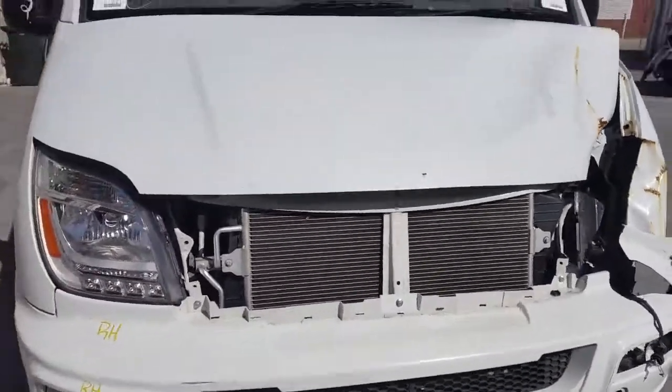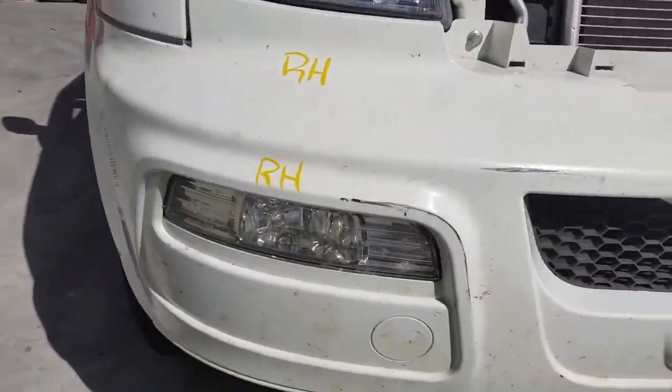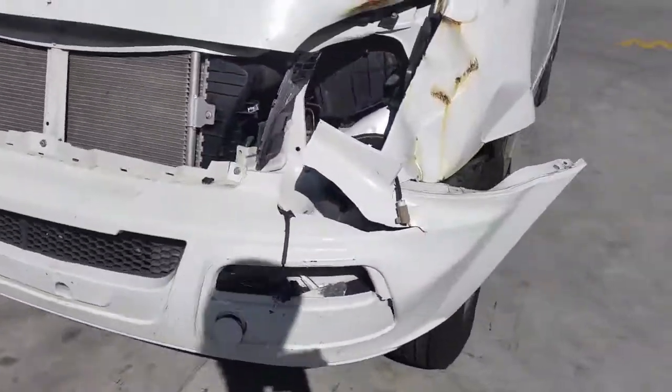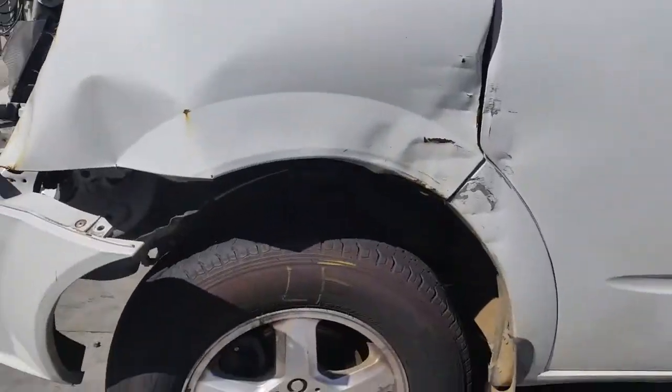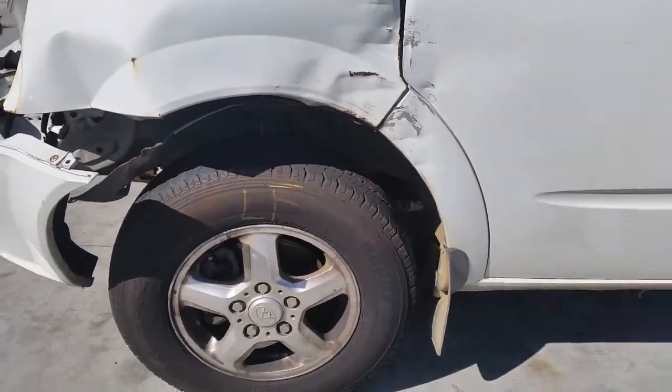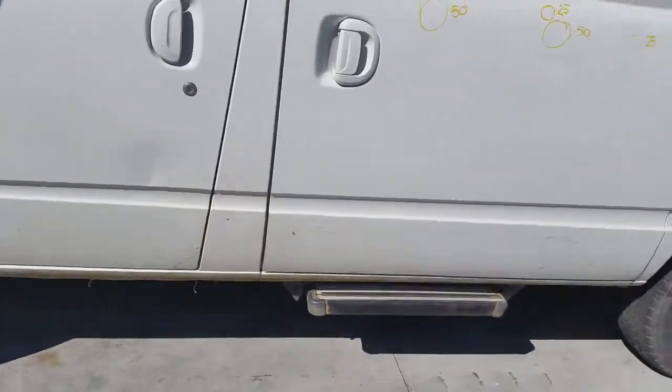This vehicle has sustained damage in the left-hand front. We have the right-hand headlight, right-hand fog light, right power door mirror. This vehicle's fitted with factory 16-inch alloy mags. The left front has a good tyre. We have the electronic side step,